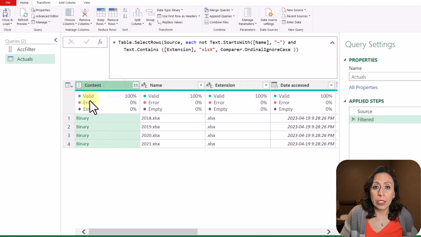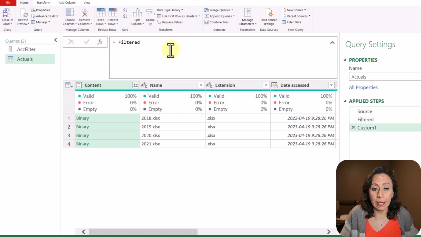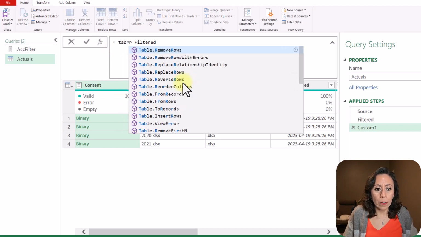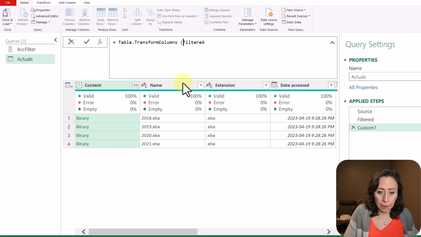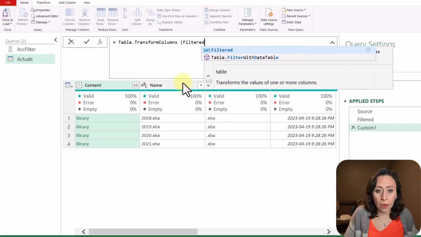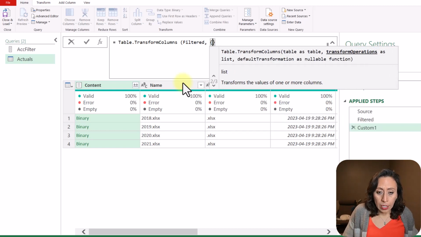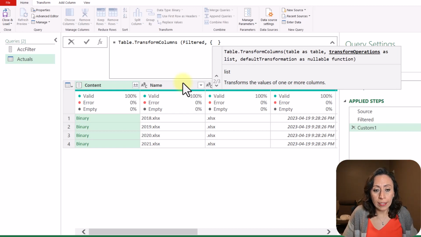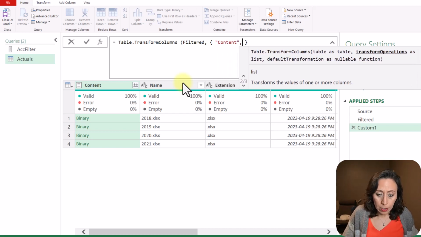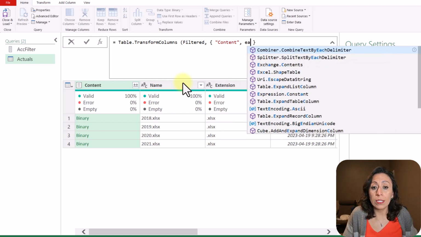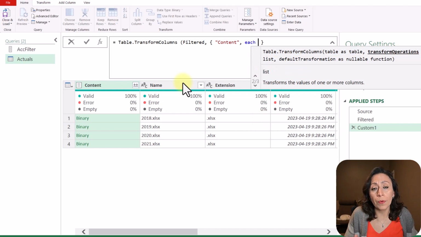Let's transform the information in the column Content. So we are going to create a new step. I'm going to click at the fx on the formula bar. And I'm going to say Table.TransformColumns, open parentheses, the table that is coming from the previous step, comma. What is the operation? The transform operations as a list. So I need to provide the curly brackets, and that is going to say that I want to transform the column Content, close quotation mark, comma, which is the operation that I want to perform there,